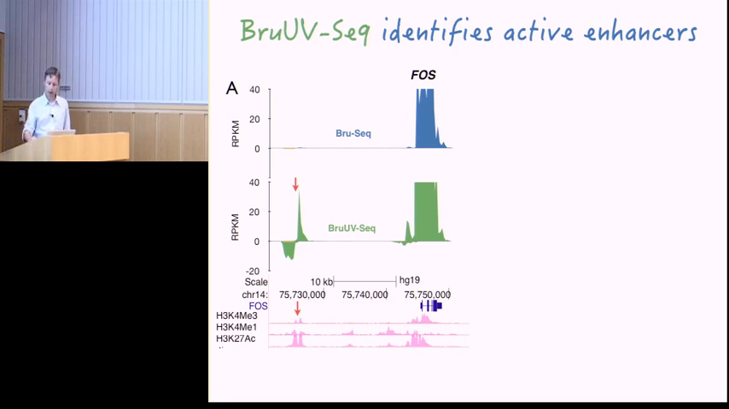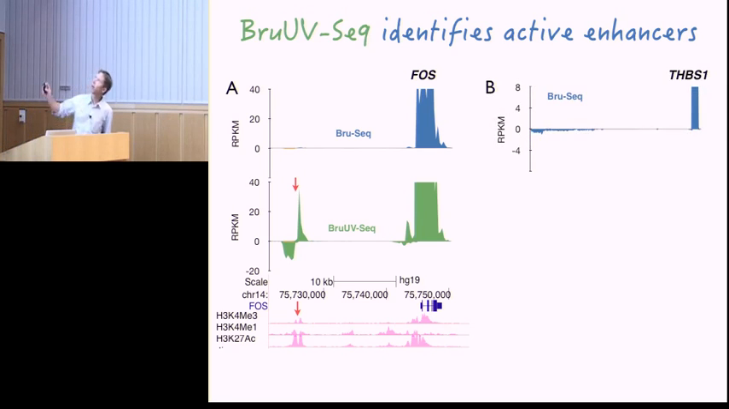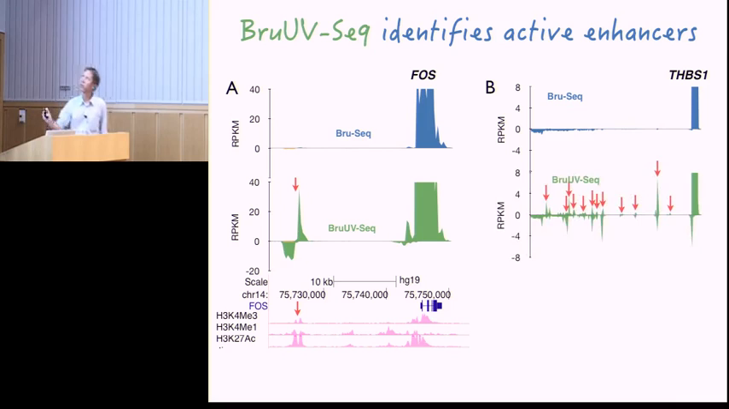These are human fibroblasts. And in human fibroblasts, the most highly transcribed gene is this thrombospondin gene. It's enormously high. I'm just cutting off this. And upstream of this gene, we see really no signal when we use the nascent RNA Bru-Seq. But when we do the BruUV-Seq, you see this enormous